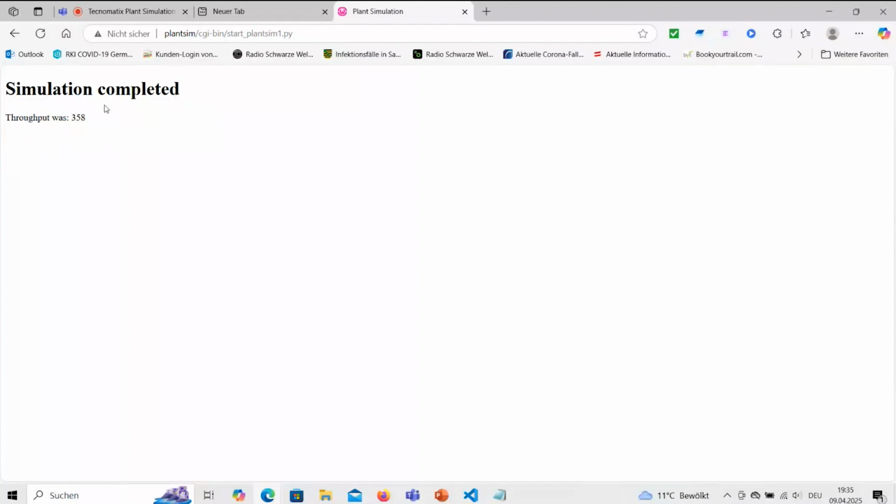And now it's only 358. At the end, nobody sees a plant simulation. It opens without any graphic. It opens completely in the background of the web application, and we close it in the background, and the only thing we see here is the result. Yes, and now the challenge is to make it more affordable, more nice looking. But this is the basic concept behind how to integrate plant simulation into a web application.